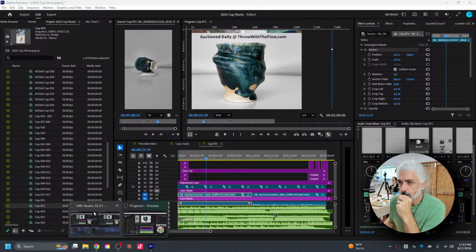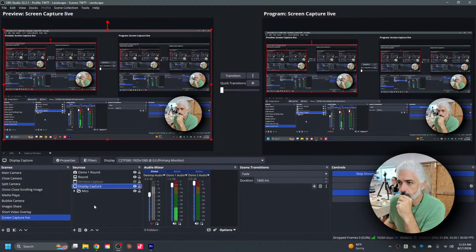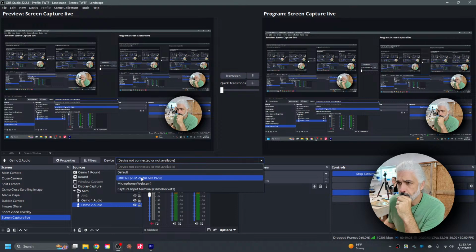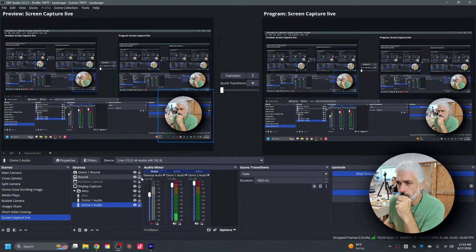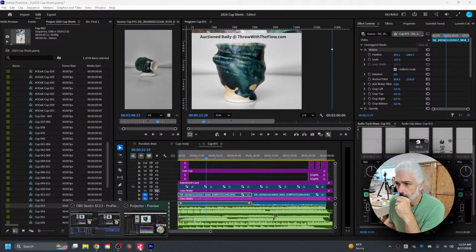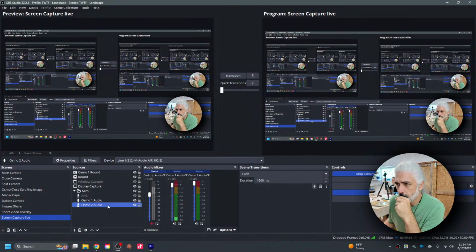Let's see if we can get the audio on. Audio, mics, audio 2. All right, tell me if you hear something. Let's bump this down.